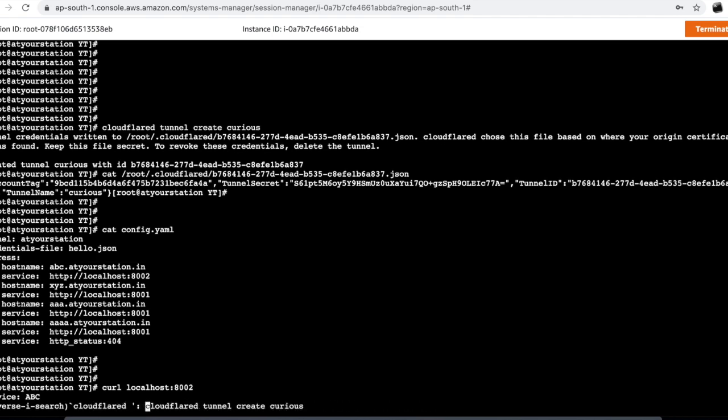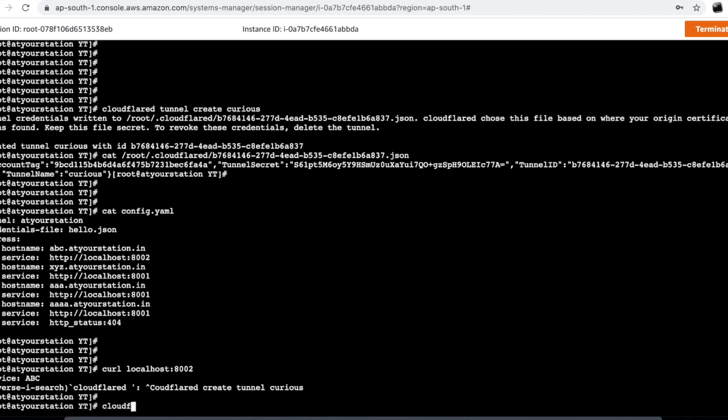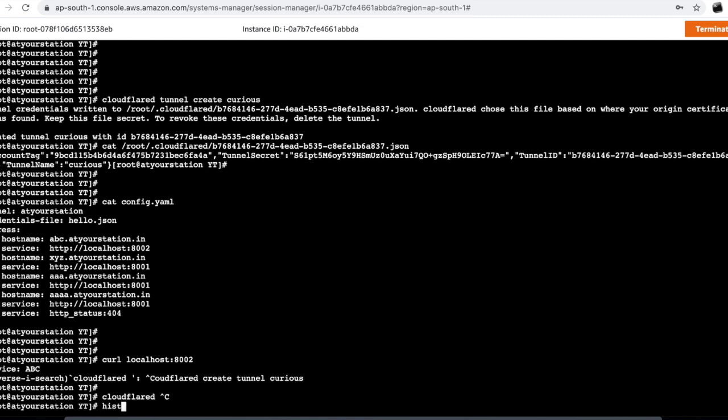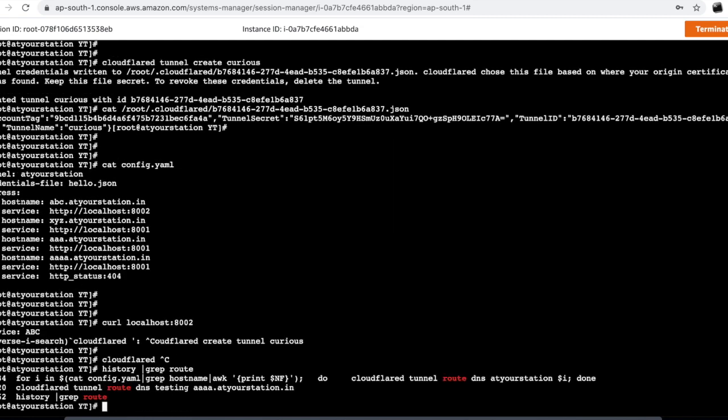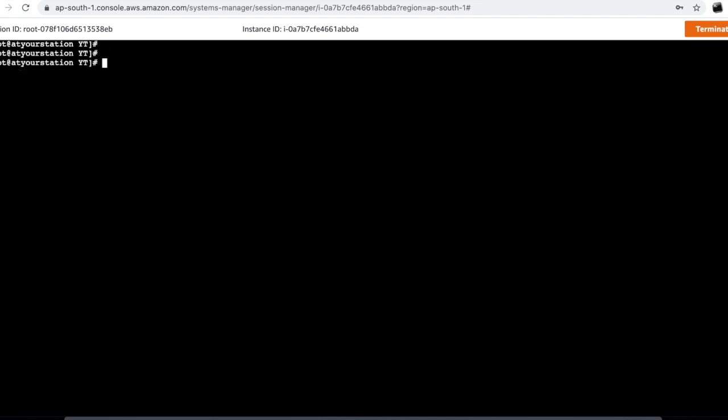cloudflared route. Okay. So this is the command for adding the route: cloudflared tunnel route DNS.